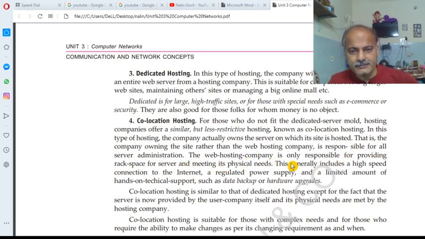The web hosting company is only responsible for providing rack space for the server and meeting its physical needs. This generally includes a high-speed connection to the internet, a regulated power supply, and a limited amount of hands-on technical support such as data backup or hardware upgrades.